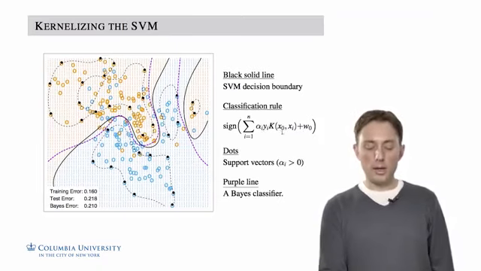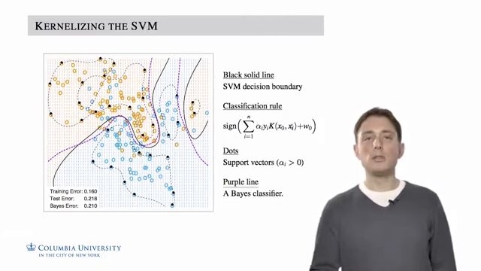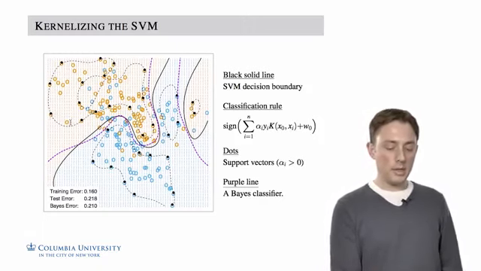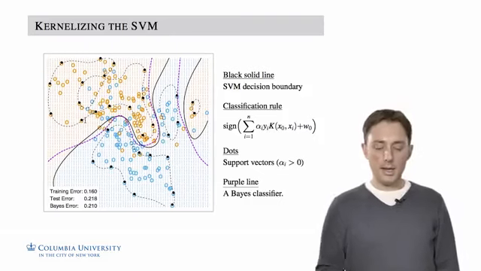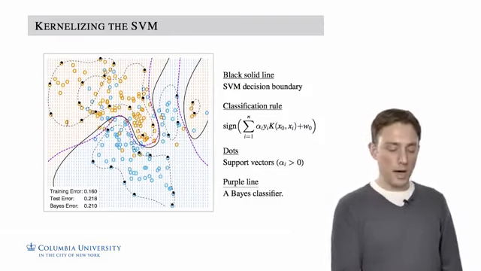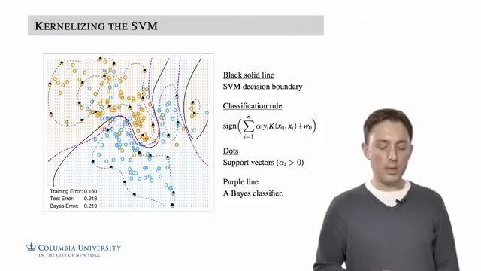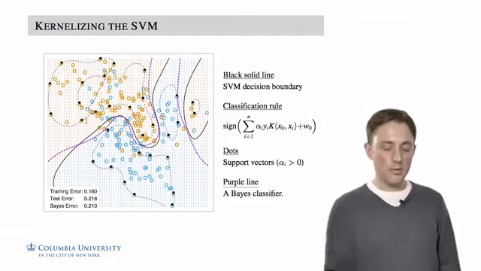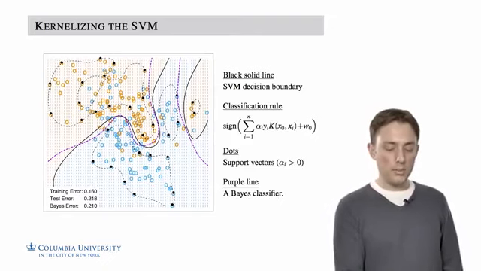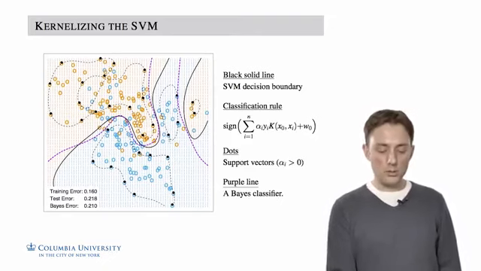So the data points x i for which alpha i is positive, because we view these data points as vectors, are called the support vectors. So for something like this, each of these black dots is placed over a data point that has alpha i non-zero. For example, the alpha i corresponding to that data point is equal to 0, whereas the alpha i for that data point is greater than 0. So these black dots are the data points that are actually going to be used